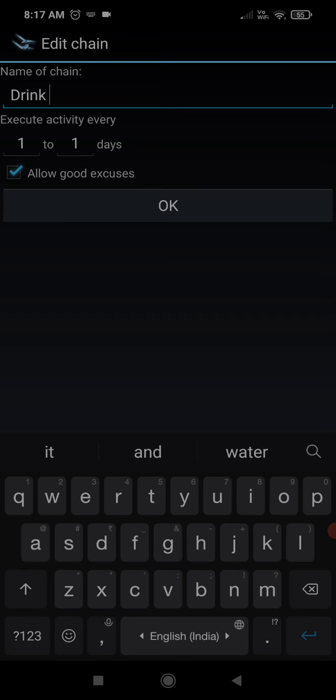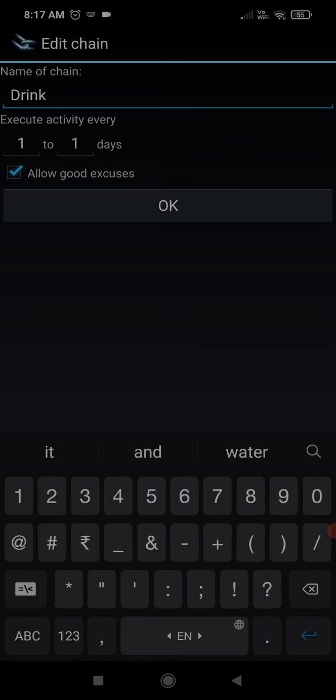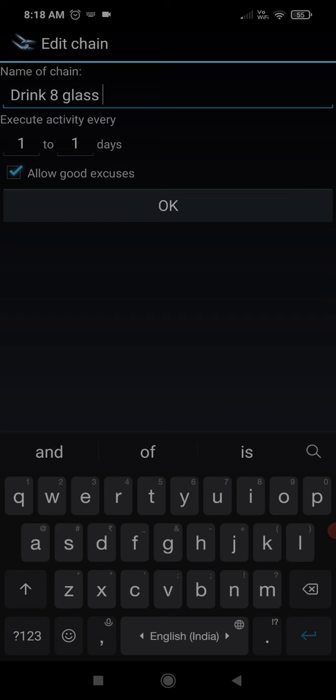So I'm going to write over here, drink 8 glass of water every day. And to make it beautiful, how you can do beautification is you can use your normal emojis which are shown over here.